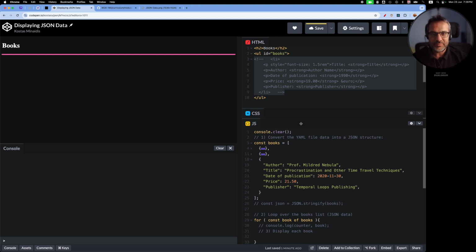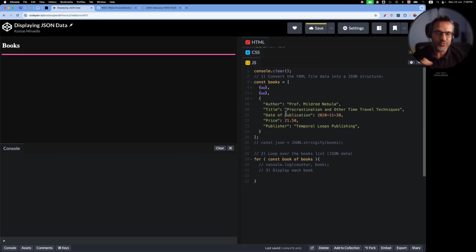Now there's still plenty of ways to do this. The DOM API, the DOM methods available in JavaScript, allow us to dynamically create some DOM elements, some HTML elements, and inject them in the page. I will use a rather simple way to do this for now, which is I'm going to create